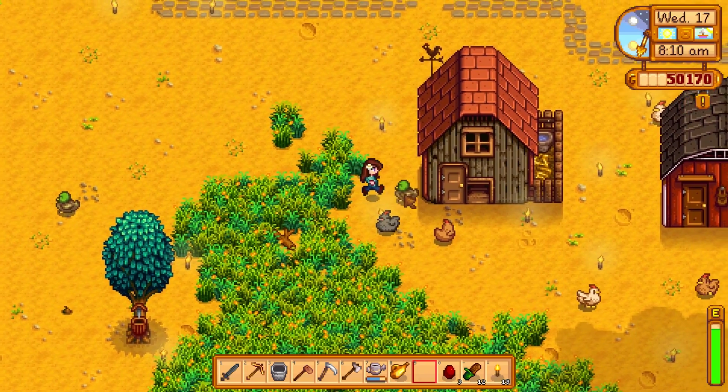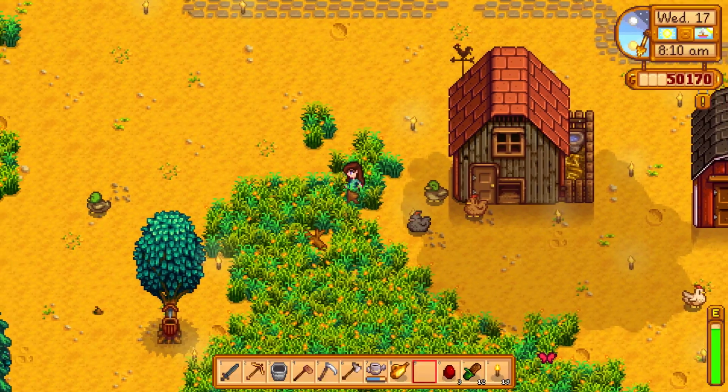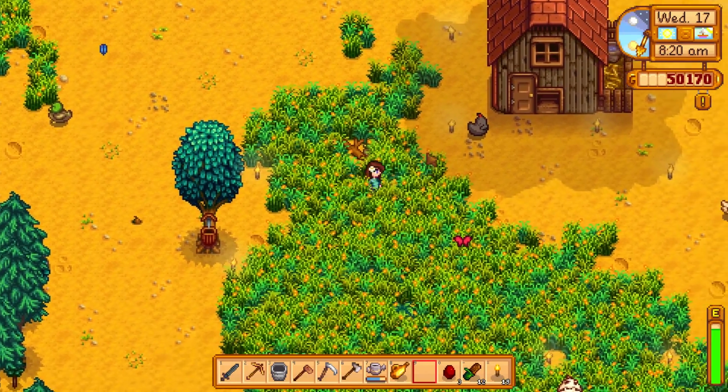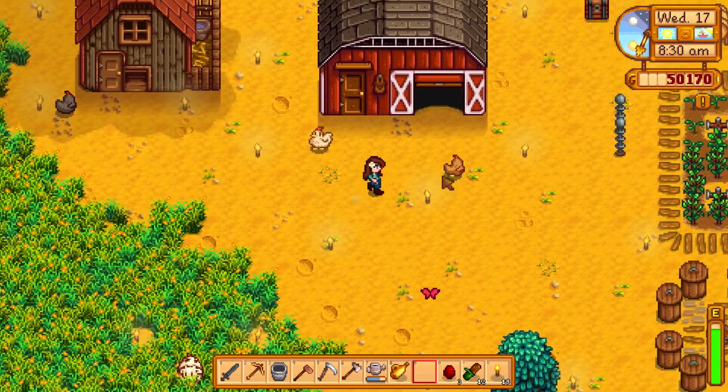Oh my goodness, are you snuggling up to our duck? It looks like Puddles might be one of her very good friends here, so it's good to know that she is enjoying her time with all of her friends, her mother hens, her little ducks too. Let's make sure that we give them all nice pats on the head though before we go into our barn,